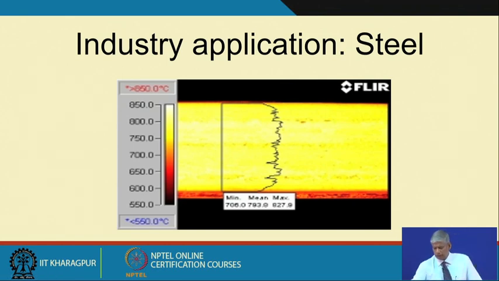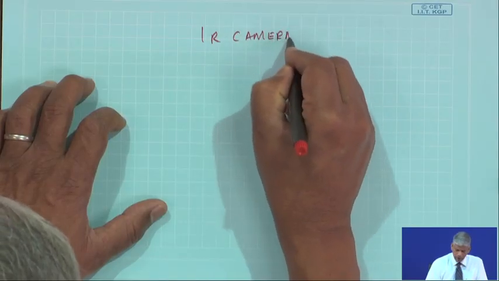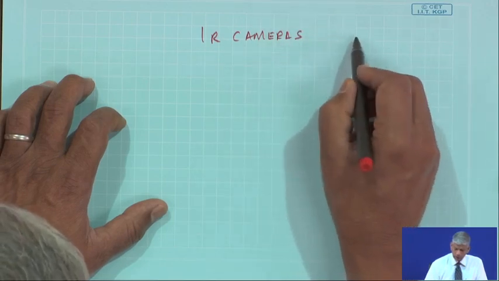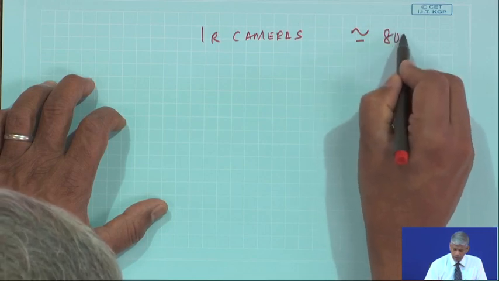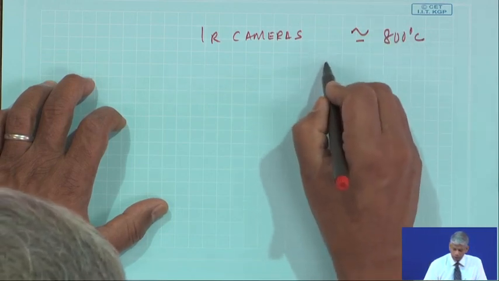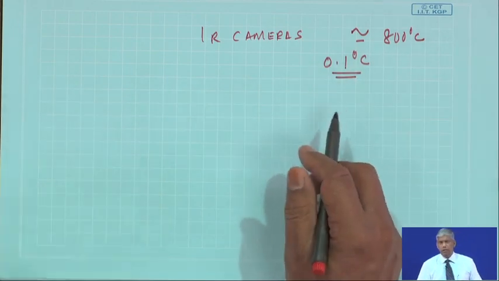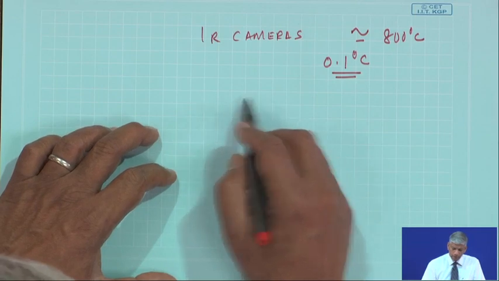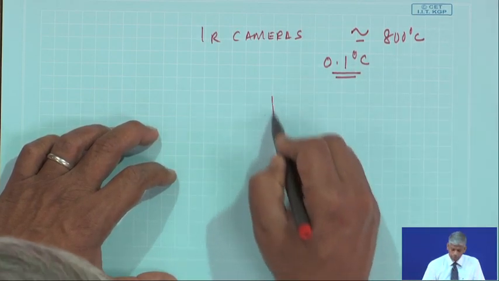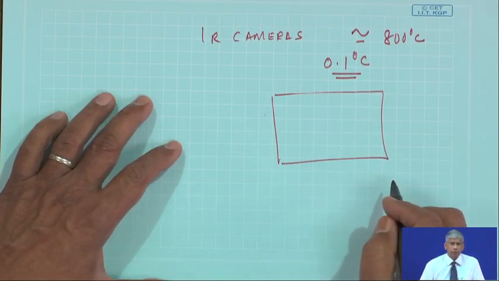With some of these IR cameras available in the market, we can measure around 800 degrees Celsius with an accuracy of 0.1 degrees Celsius. Imagine, this is very powerful in the sense, any place you want to measure, you can very easily do it. I will give you another example wherein